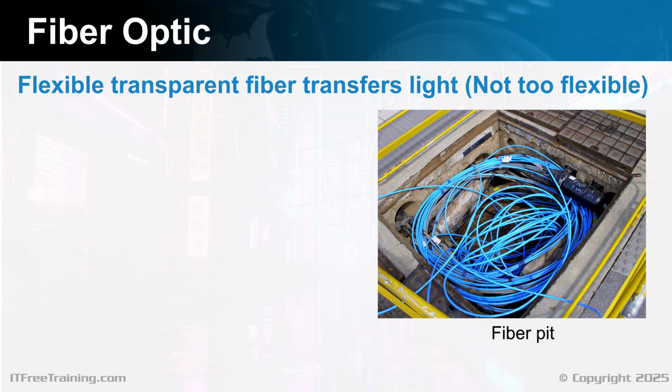You can see in this example of a fiber pit, the fiber cable is left coiled to avoid damage. You never see any straight angle bends in fiber optic because the material inside will break. Good quality fiber is made of glass, which is easy to break if you mishandle it. There is also plastic optical fiber, which handles bending better than glass, but it will still break if you bend